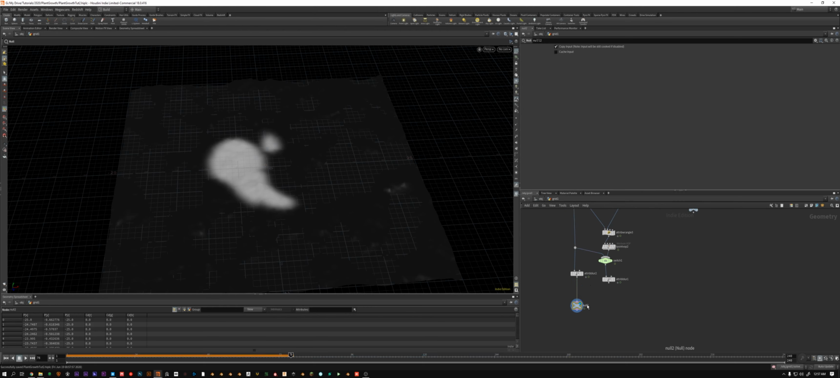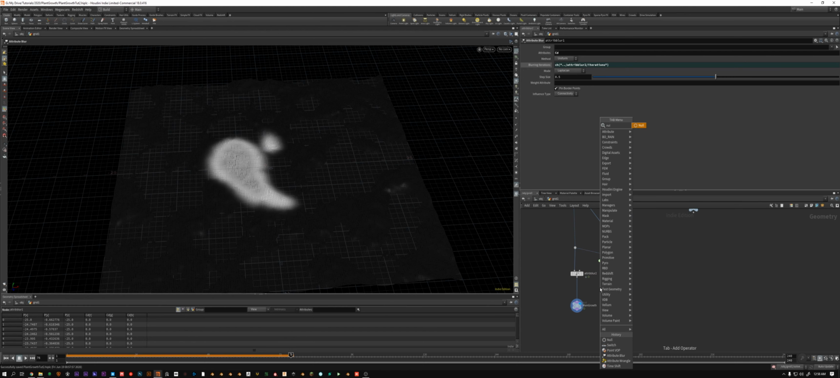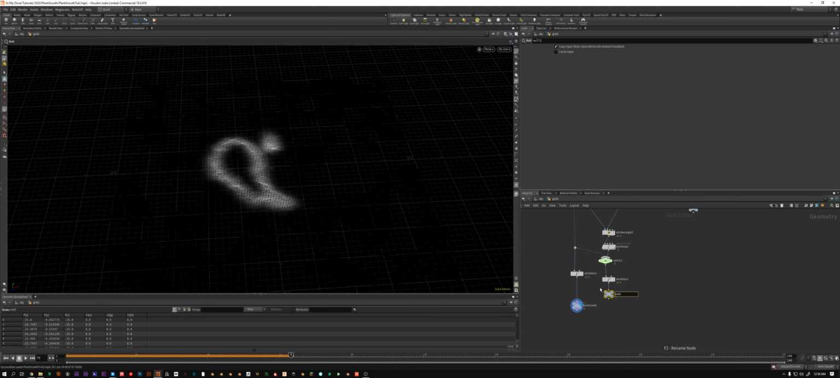All right, so this I'm going to call main growth, and I'm going to drop down another null for here. Oopsie, and call this wave growth. Oh, and by the way, Houdini sorts everything that has